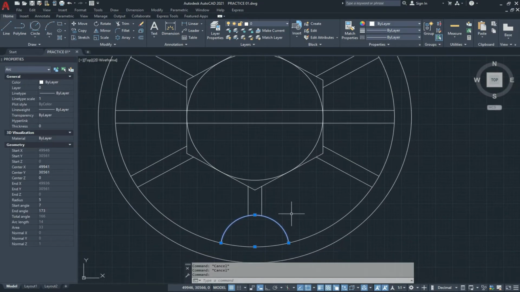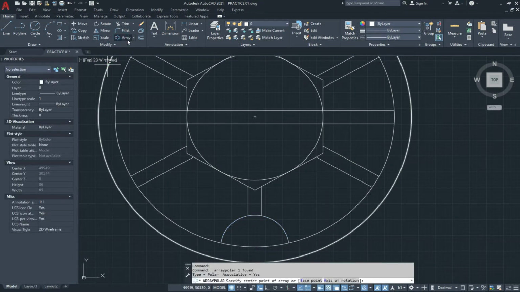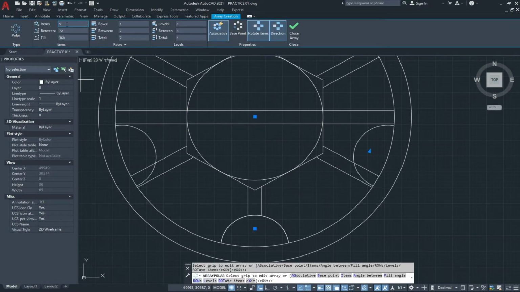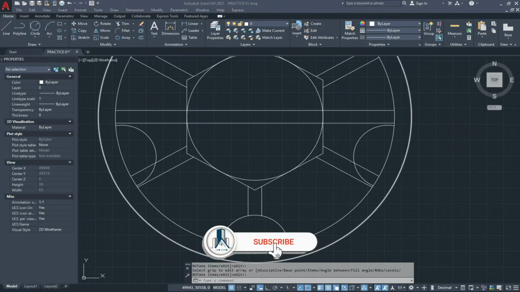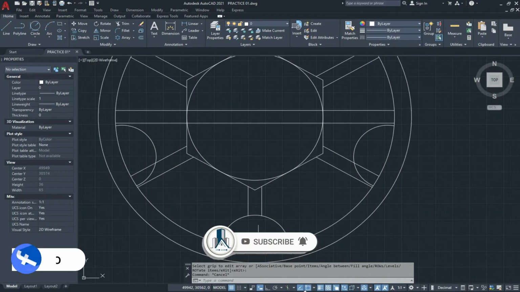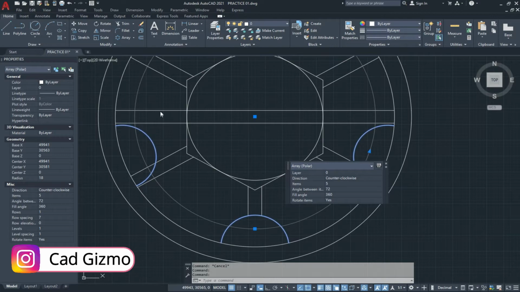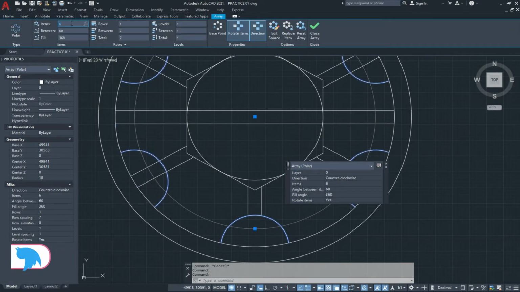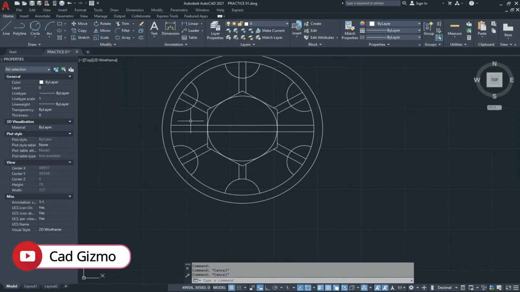We array the circle, get the center point and enter 5 items. We have 1 2 3 4 5 and 6 items, so we increase the number of items 6 here like this